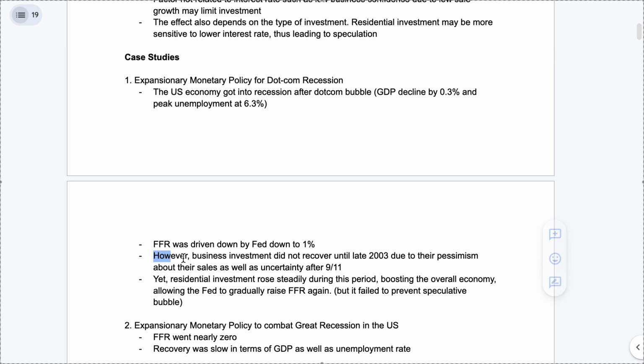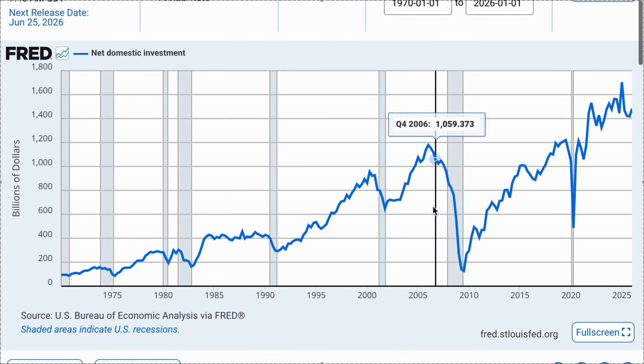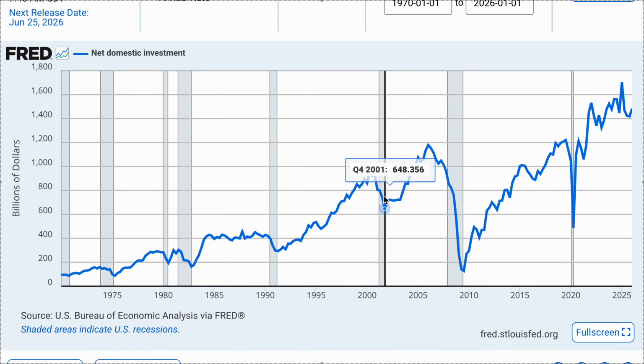However, business investment did not recover until late 2003. It was still stagnant due to pessimism about their sales, as well as uncertainty after 9/11. So they experienced a very harsh recession, and they were not confident about the future. When they're not confident, even when borrowing money and taking out a loan is easy and cheaper, they wouldn't necessarily make that decision so drastically. So if you look at the net domestic investment level in the United States,